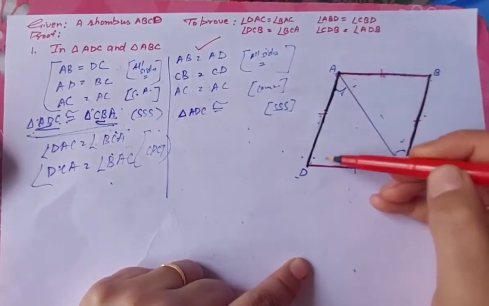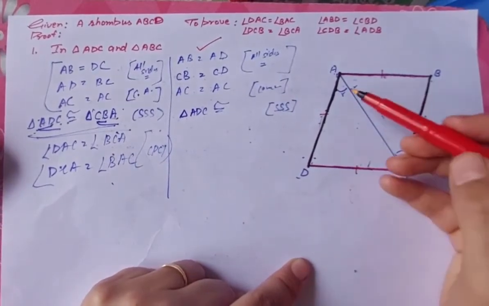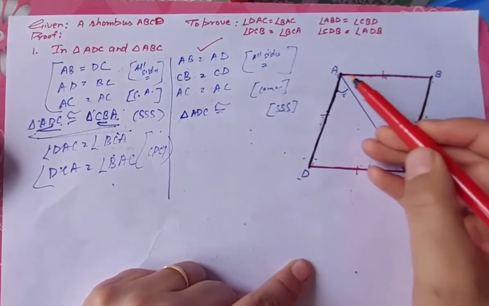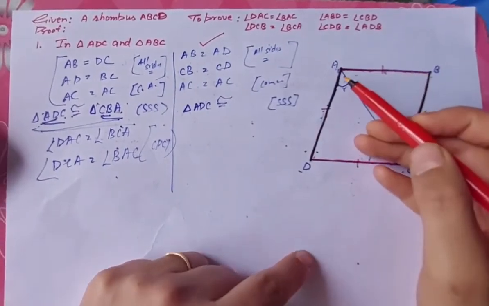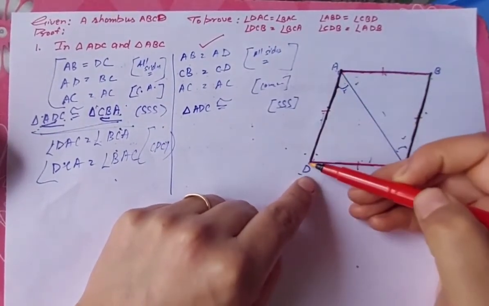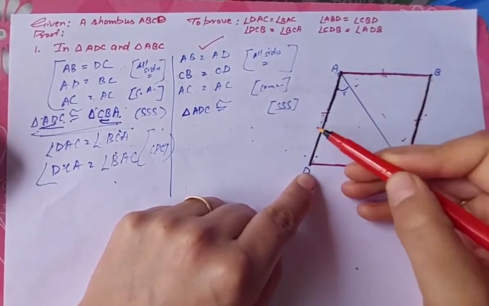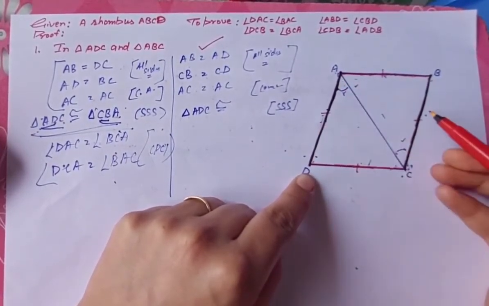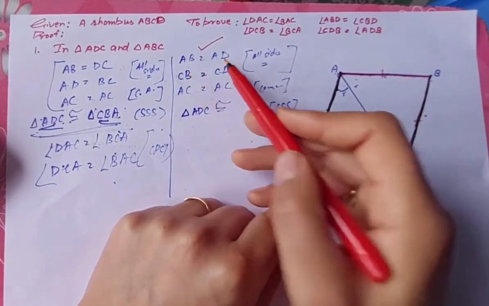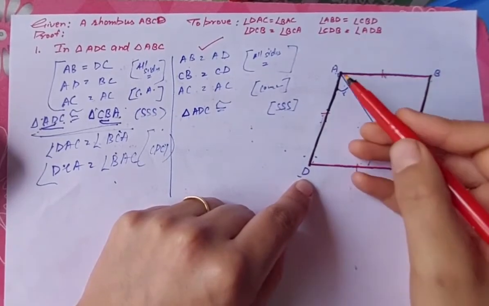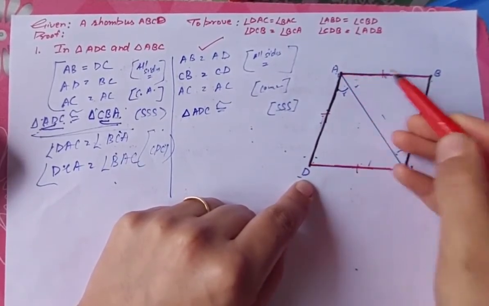So triangle ADC is equal to, see, AD has been written equal to AB, meaning this one. So we are moving from AD to C. So AD is equal to, now this black is not equated to black here, no? AB is AD. So black is equated to red one. So if it is ADC, then it is going to be ABC.